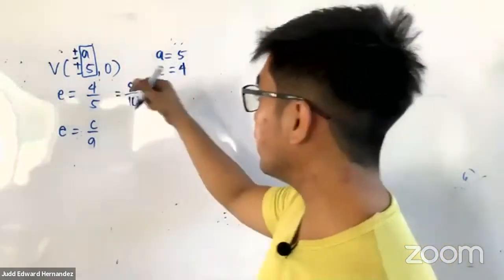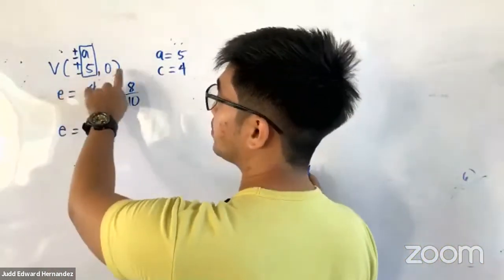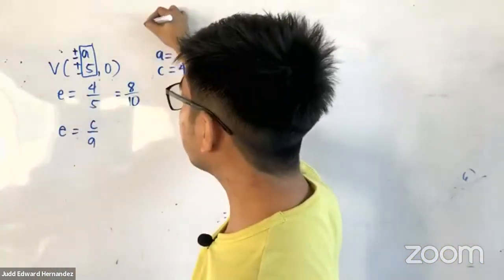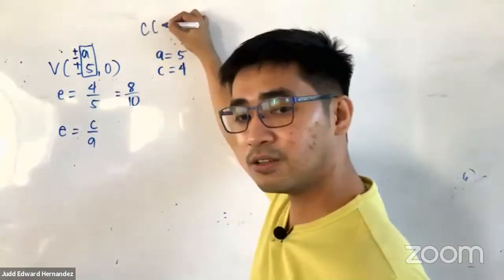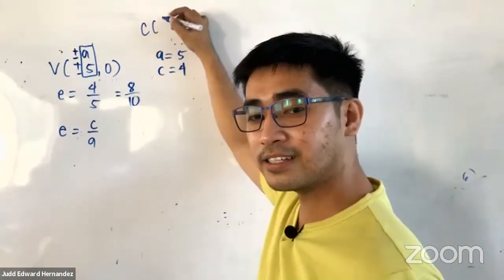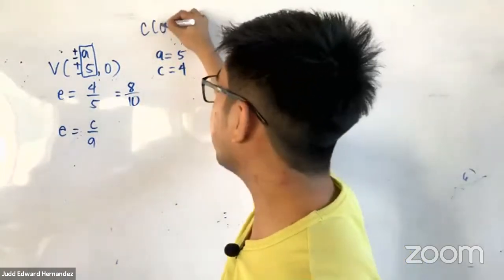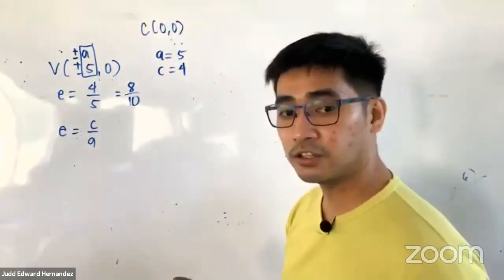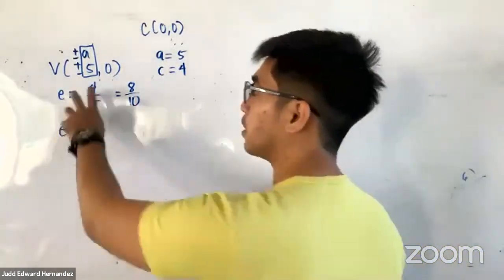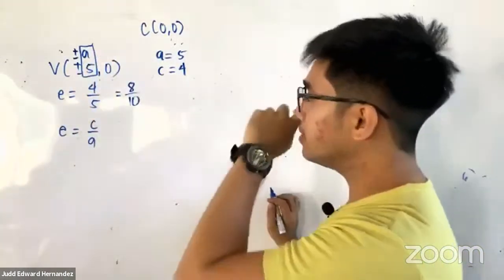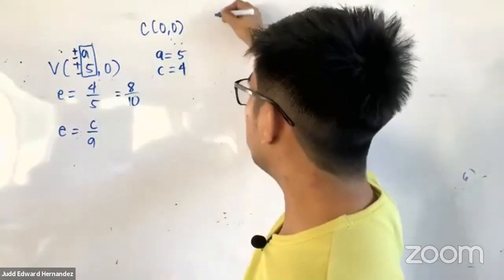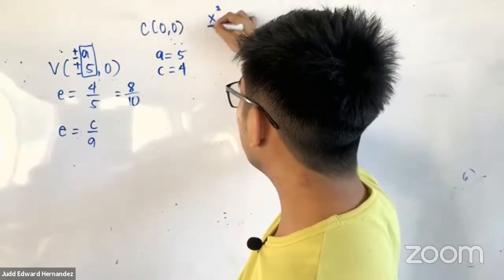Okay. We are given plus minus 5, 0. Therefore, where is the center located? The center is located at the origin, and that is 0, 0. Very good. The center is located at the origin if you are given this form. Since the center is located at the origin, we'll now be having the formula x squared over